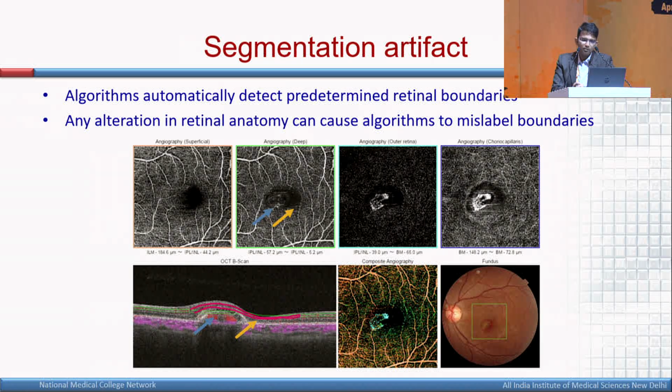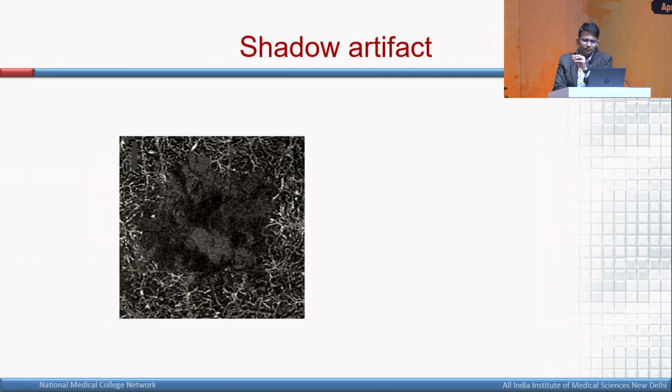So you can manually, actually the segmentation should be along the pink lines that are shown, but the machine is not able to do that because of the distorted anatomy. And so you can manually change the segmentation, the inner and the outer layers, and then look for the abnormality appropriately. Now shadow artifacts, as I told, is the last artifact,